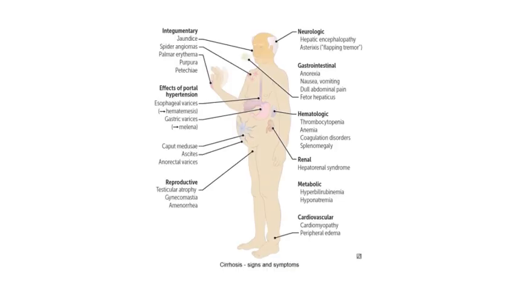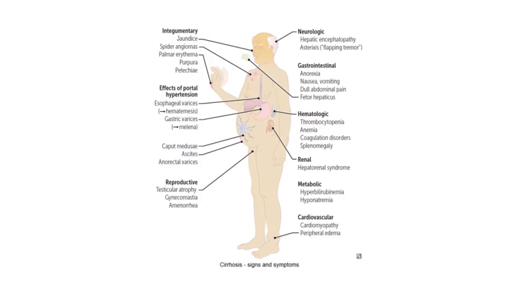This is head-to-toe visualization of signs and symptoms developed due to liver failure. We'll start with brain and neuro. So liver cirrhosis causes confusion, memory problems, asterixis, which is a flapping tremor of the hand, and hepatic encephalopathy. If you go to the skin and eye, you will see jaundice, yellow skin and eyes, spider angioma, palmar erythema,